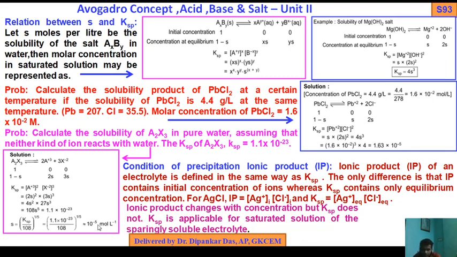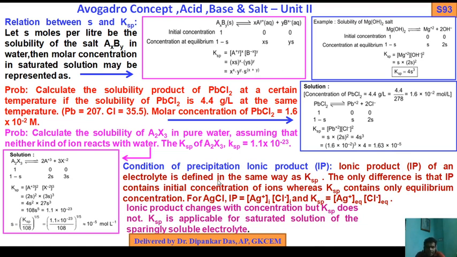Very simple problem. Okay, so you have to try, practice again and again. Next, come to another topic: condition for the precipitation of ionic product. In group analysis, group 1, group 2A, 2B, 3A, 3B, 4 and 5, there is a condition for precipitation. Ionic product, which is denoted IP, not ionic potential, ionic product,